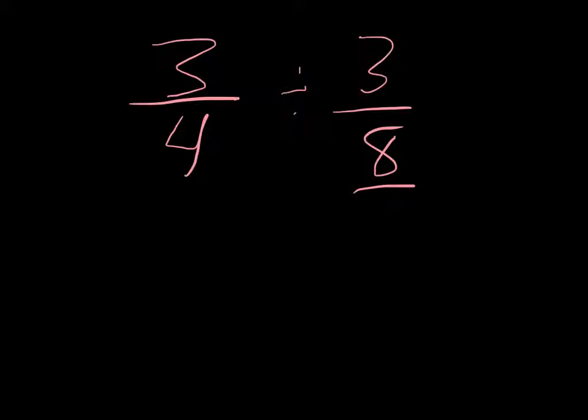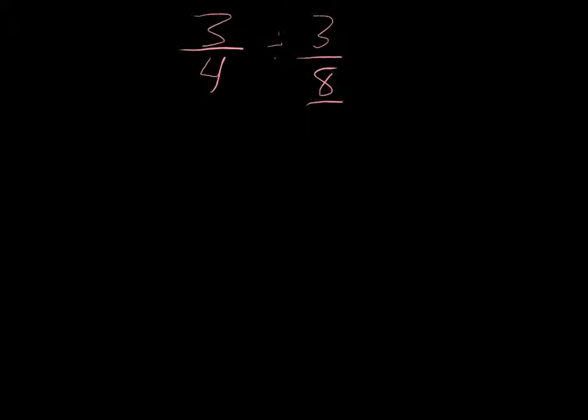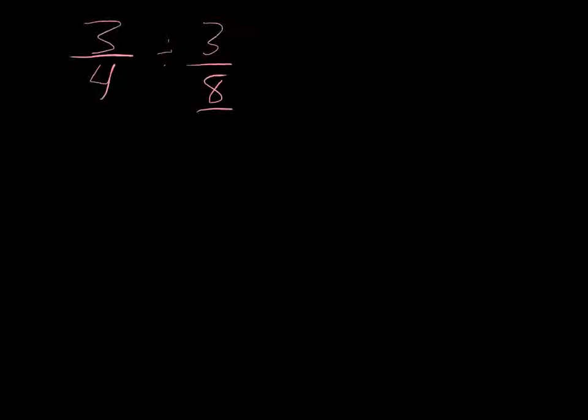Okay, so let's try 3/4 divided by 3/8. And let's try this one a little bit different than last time. Instead of drawing 3/4, let's change our denominator first and then draw a diagram. So rather than have 3/4 divided by 3/8, let's make 3/4 into 6/8 so that the denominators are the same. So I'm simply multiplying this 3 and this 4 by 2. And my new result would be, instead of 3/4, I would have